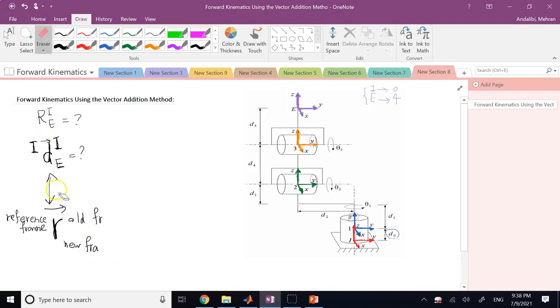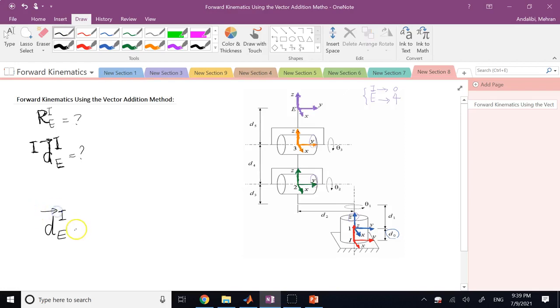Now, note that here I'm not going to write R that way, and you might say, what about this R? Do you also need a superscript on the back for that? No, because R is not a vector, R is a matrix. Okay, so that's good enough. So let's focus on the position. What is this position, d of E with respect to I written in I? How can I get that? Well, for the moment, let's forget about this I thing. Let's make life easy. Say just d of E with respect to I is